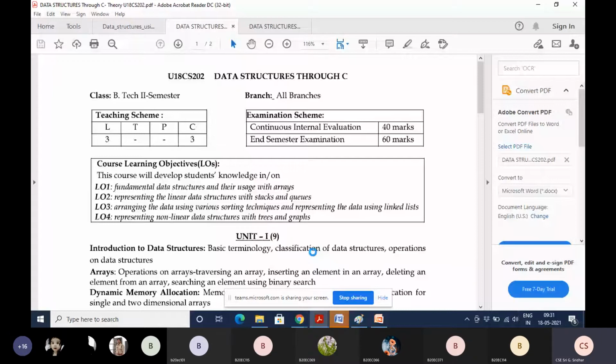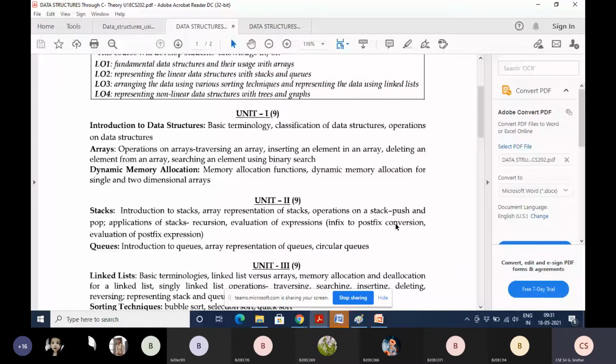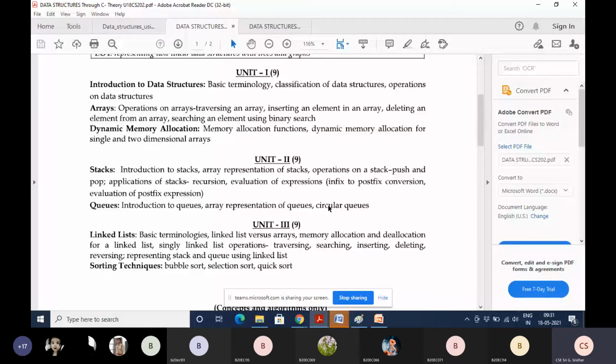Last time, within the second chapter of the second unit, we completed some of the content on circular queues. Just opening it.